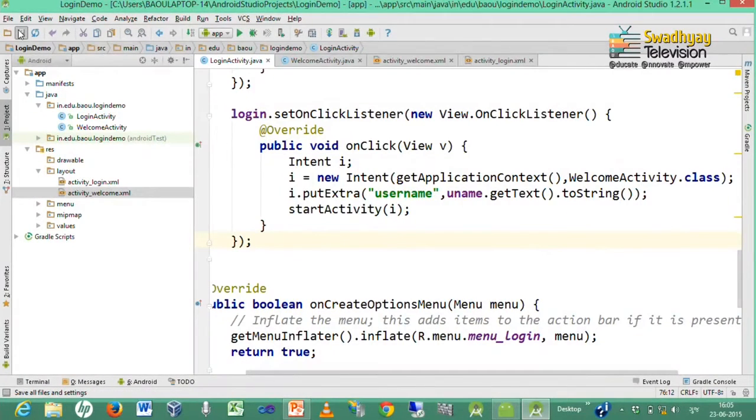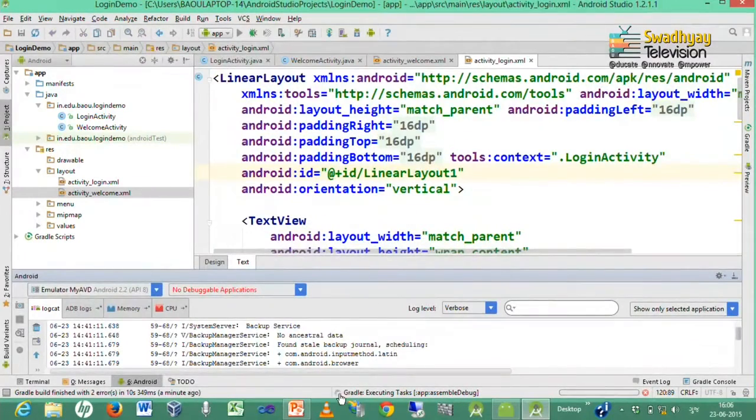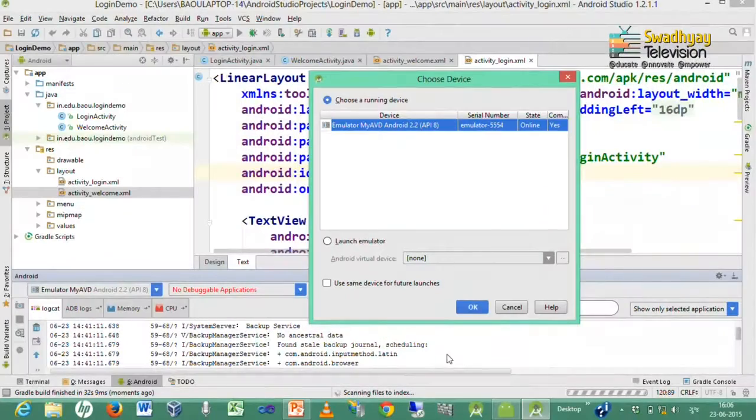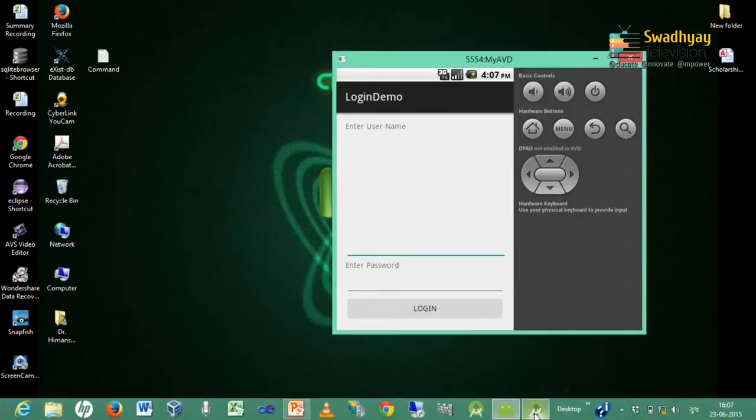So, now, both our activities with their interfaces are ready, and we can save all the files and start this application by clicking on this button. So, here you can see it is asking whether you want to launch this application into existing device, and you have to check this option button. So, it will not ask you again and press OK. It takes some time to launch.